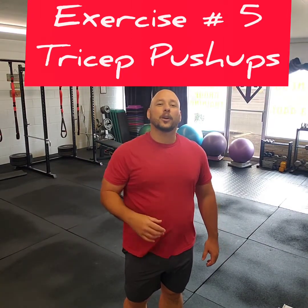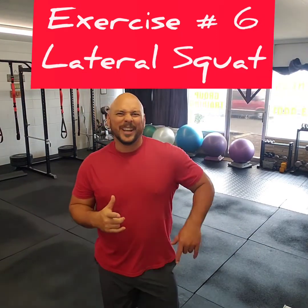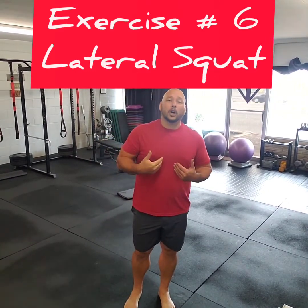So, that's your tricep push-up. Let's get on to the next exercise. Cool. Now we're doing another body weight one called the lateral squat, or at least what I call a lateral